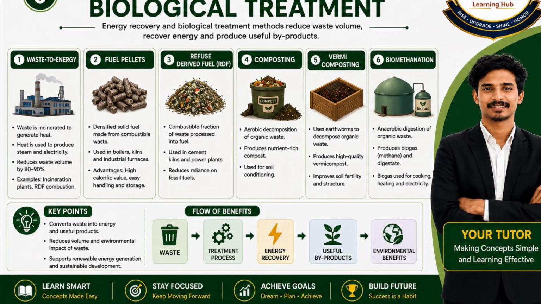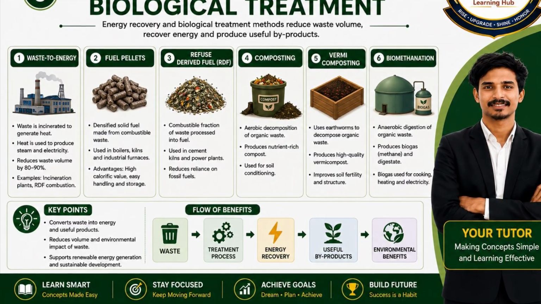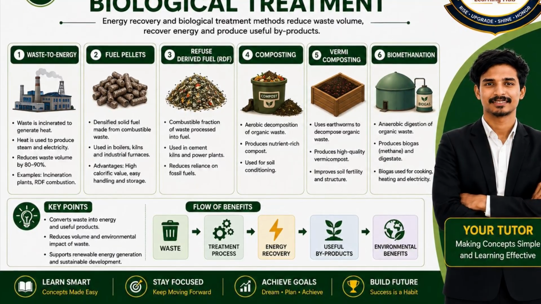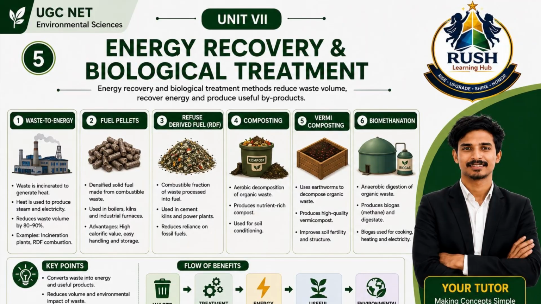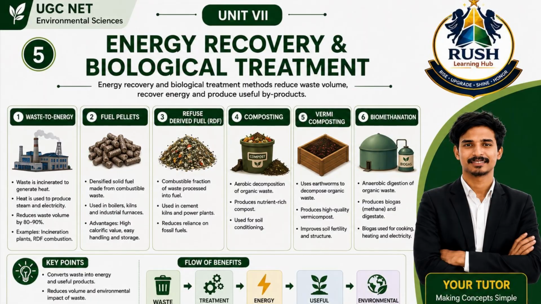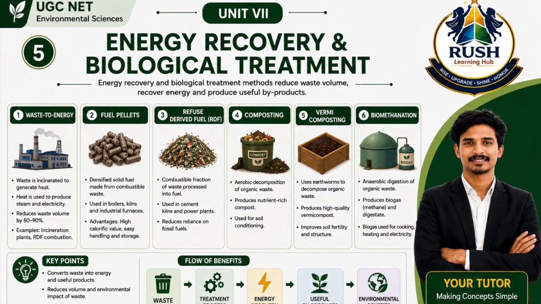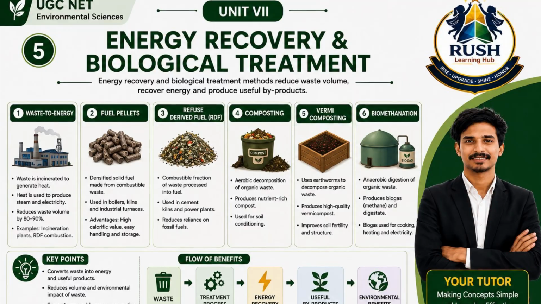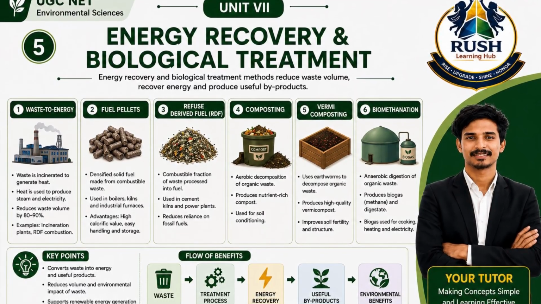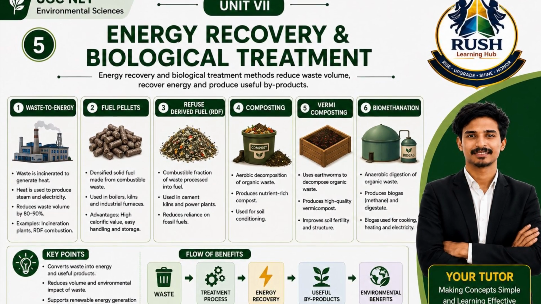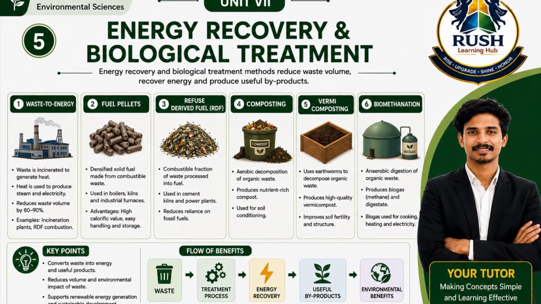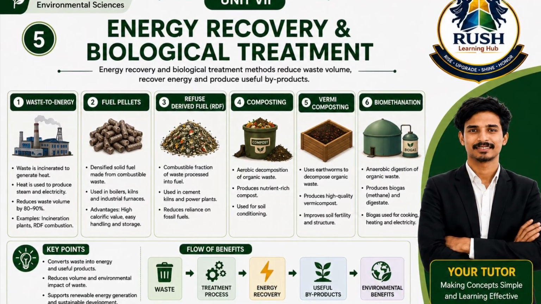The generated biogas can be used for cooking, heating, electricity generation, and even as vehicle fuel after purification. The remaining material after biomethanation is called digestate. Digestate is rich in nutrients and can be used as an organic fertilizer. Biomethanation is particularly suitable for kitchen waste, food processing waste, animal dung, market waste, and agricultural residues. Compared with landfilling, biomethanation helps reduce greenhouse gas emissions because methane is captured and utilized instead of escaping into the